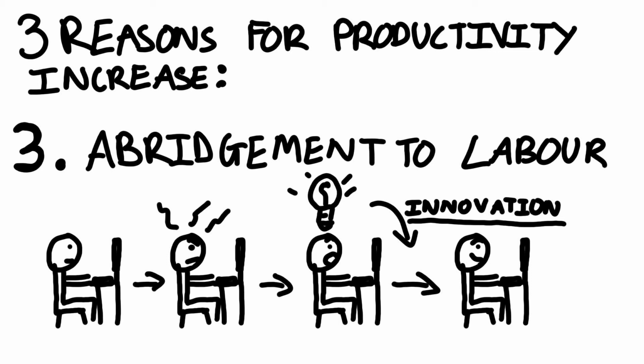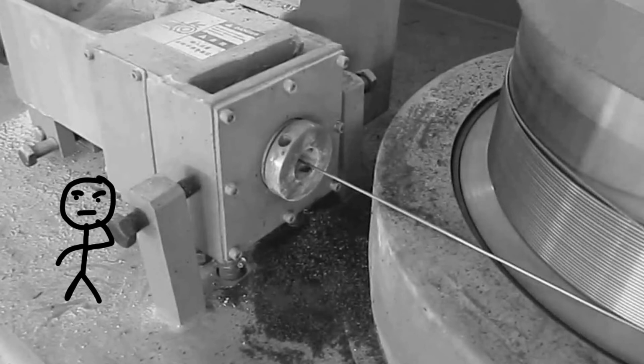And Adam Smith calls it abridging labour, an abridgment to labour. And the same thing is true in the pin industry, where a man could be drawing out a wire and they might think, you know, there is an easier way to draw this out, which means I don't have to put gloves on and pull it myself. I mean, that may not be what they ever did, but let's just say that is the case. You might think, I could build a machine which attaches onto it and draws this wire out for me.